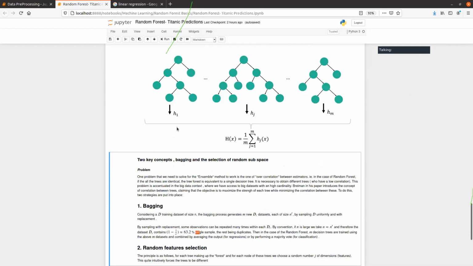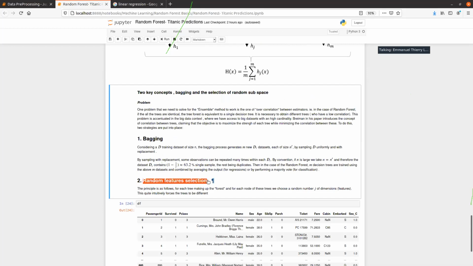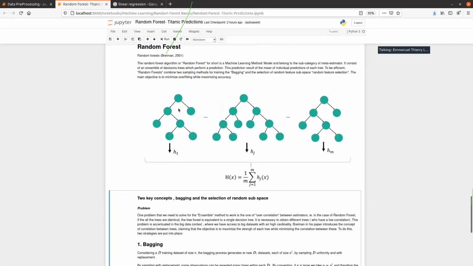But if you do a random feature selection, that means that at each step, you create what we call a subspace of features, meaning that instead of considering all the features, you consider maybe only age and sex, and you discard cabin class.